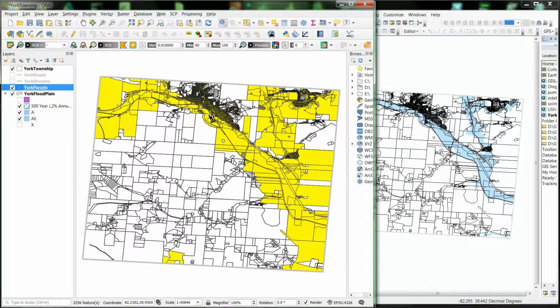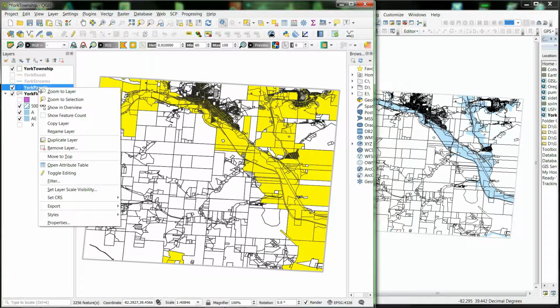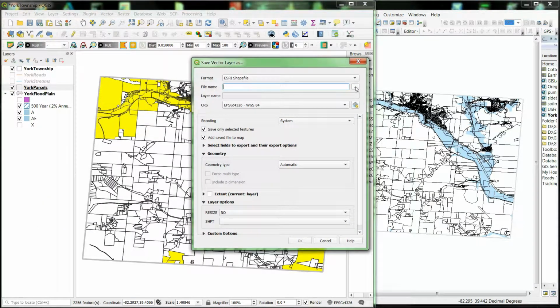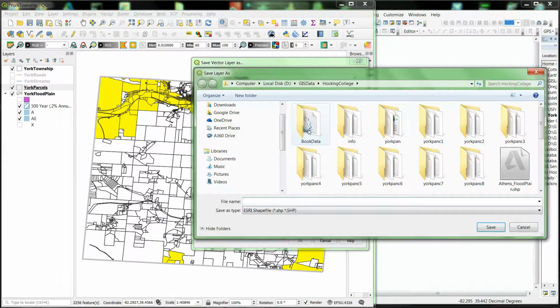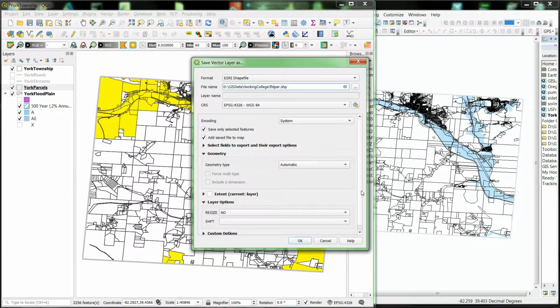I want that as a separate feature class. All right. So I right click on my parcel layer that has them selected, and I come down here to export, and I save selected features as, and we are going to save it as an ESRI shapefile. Make sure I'm in a good directory, and we're going to call that FLDPAR for flood par. And then we're going to hit save,